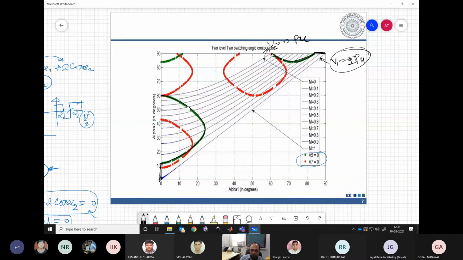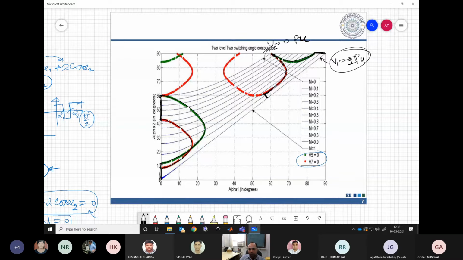Another option could be we take V7 equal to 0 as our following path, and we go up to whatever value the V1 is increasing monotonically, and then we drop to V1. We take the shortest route from this V7 equal to 0 to V1. So here also we have another option. If we are starting from this point, we can first drop up to this where our V7 equal to 0 curve starts, and then we follow that. We trace that exactly, and then again we drop back to the 1 per unit voltage. So these could be some of the options.